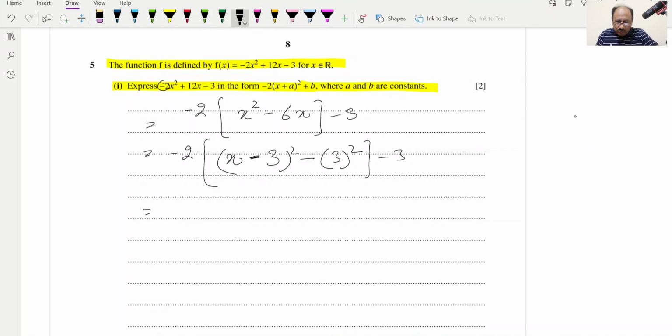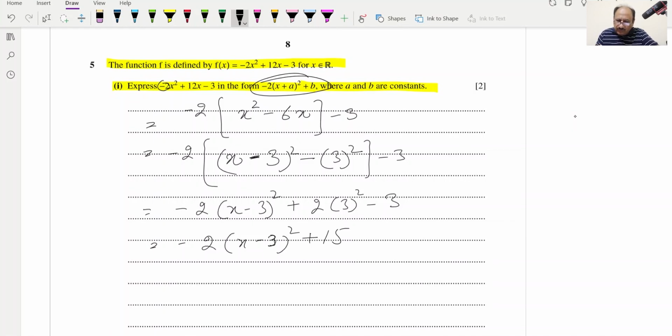Now we can open these brackets, so it will be minus 2 into (x minus 3) squared, and minus 2 into this will be plus 2 into 3 squared, and this is the tail portion, so minus 2 into (x minus 3) squared, and 3 squared will be 9, 9 into 2 will be 18, and 18 minus 3 will be 15, plus 15 will be this one, and this is the final equation